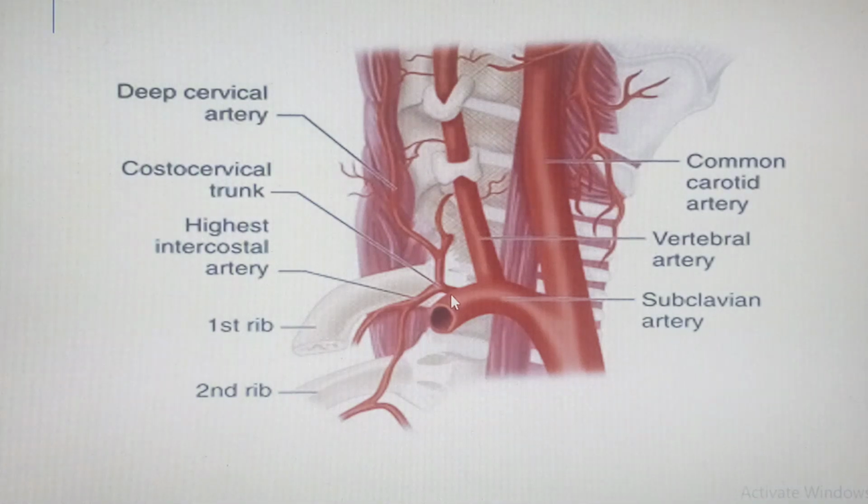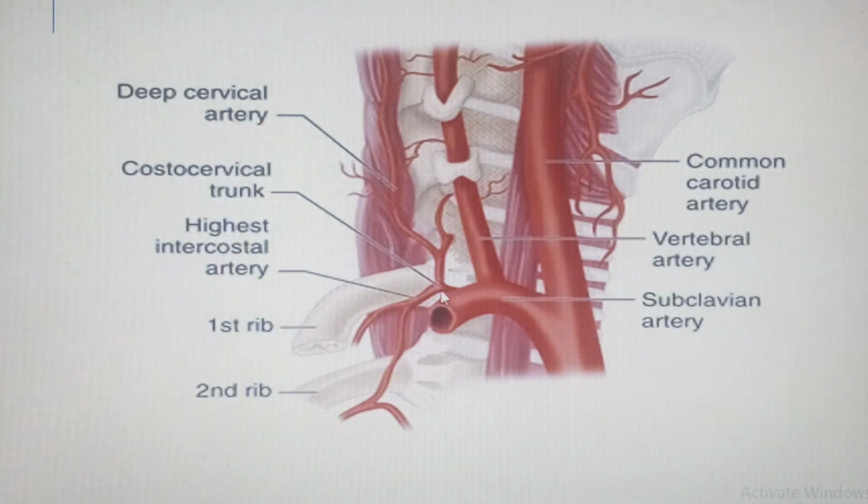Now this costocervical trunk will run posteriorly over what we call the cervical pleura. If you look at the lung anatomy I've done, you actually see the cervical pleura. So it will run posterior to the cervical pleura, actually over the cervical pleura,